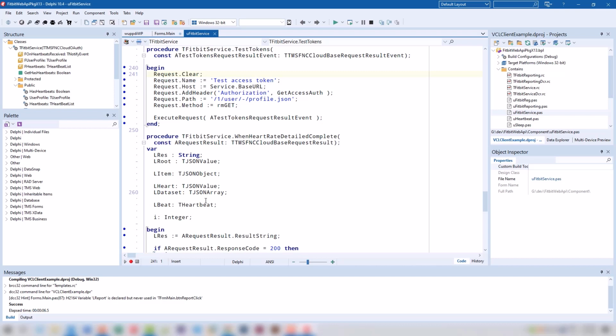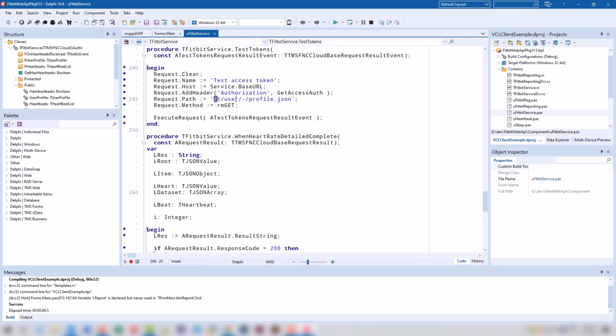But now we actually use the functionality as it is intended. So what we do is we test the access token using the authorization header with the access token that is supposed to be tested. And in this case, this generates the bearer together with the access token.